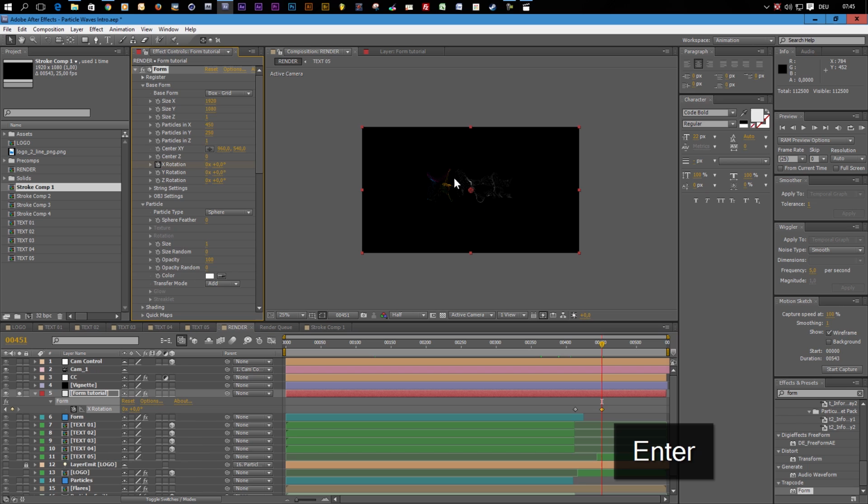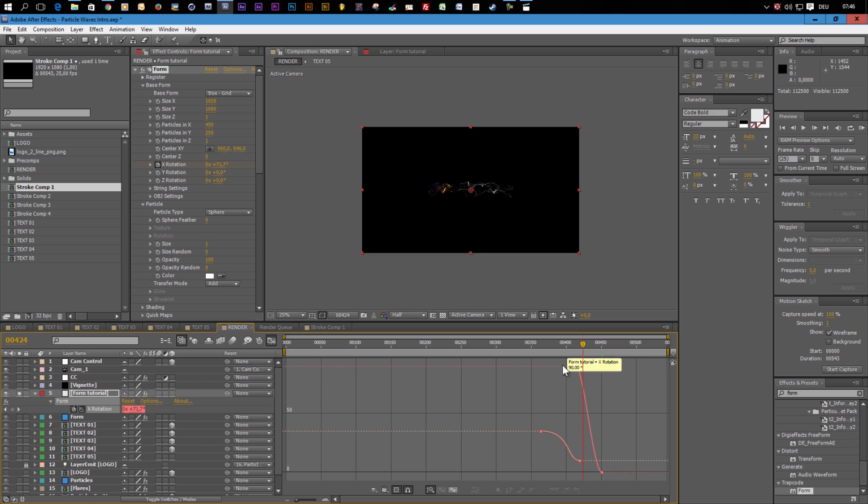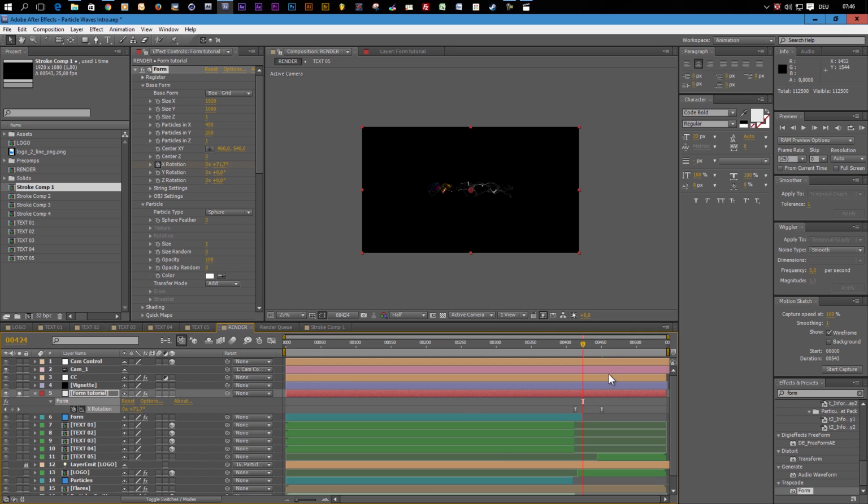You see now it's standing up straight again. Now of course you can make this a bit smoother by easy easing these keyframes, or even better, if you really want to create a cool animation, then use the graph editor and shape your wave or your curve by hand, but I don't do this now. So simple easy ease here. You see now we're turning this for 90 degrees. And right here at the end, I want to reduce the strength of my fractal field,